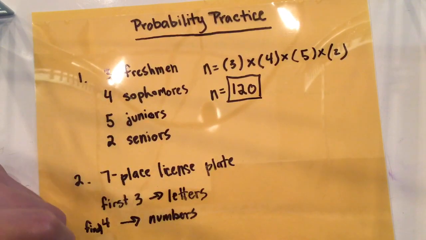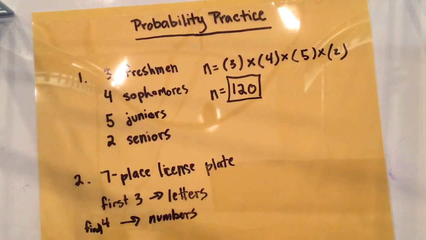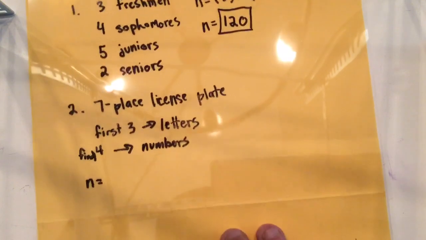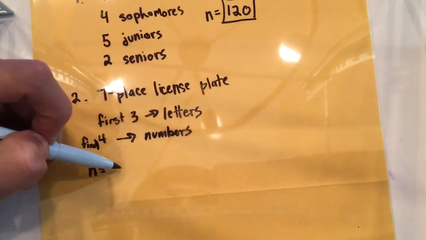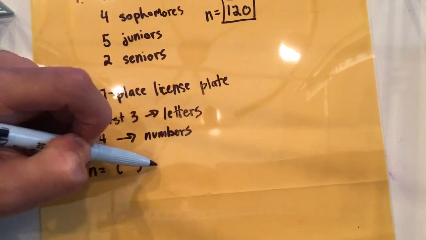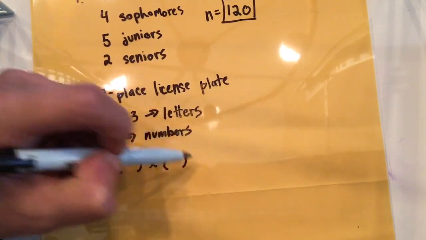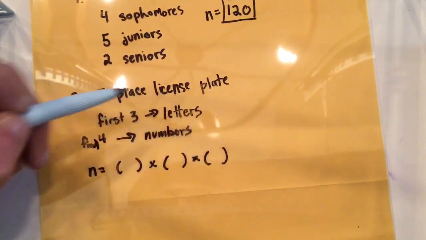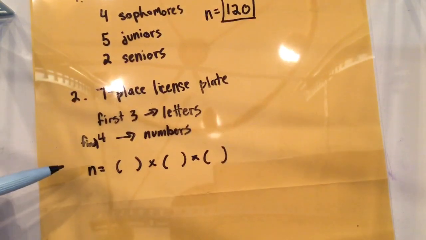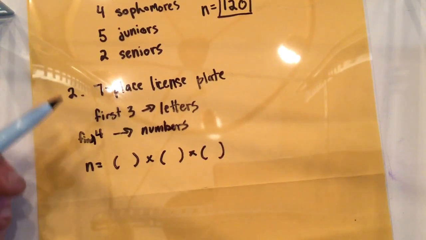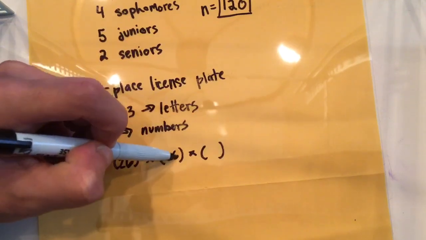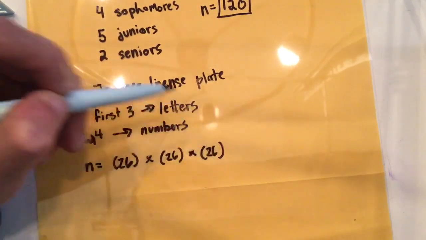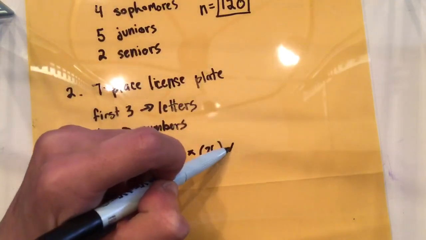So here, our total number of possibilities. For our first 3 slots, those first 3 places are going to be letters, and there are 26 letters in the alphabet. It's going to be 26 times 26 times 26. And then for the final 4,